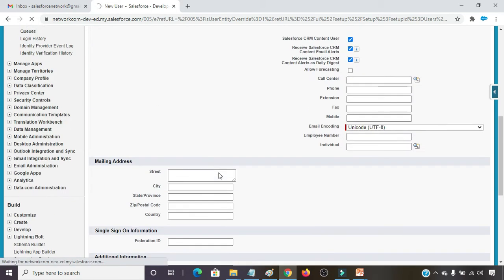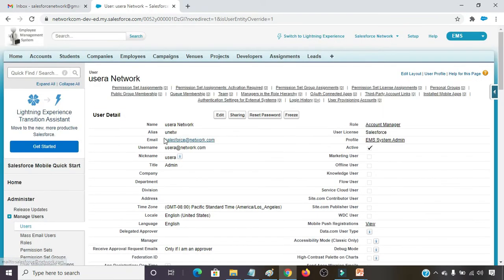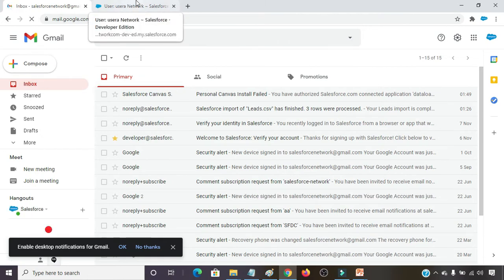You need to log in to the email ID you provided in the email section, salesforce@network.com. Here salesforce@network.com is already open. So clicking on inbox, maybe it takes a little bit of time depending upon the internet connection.